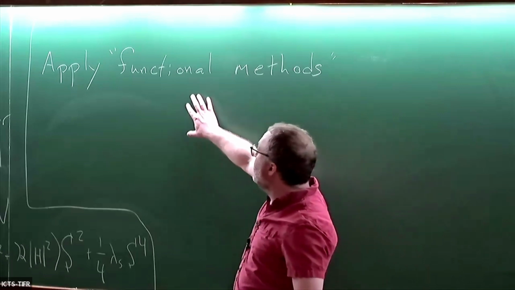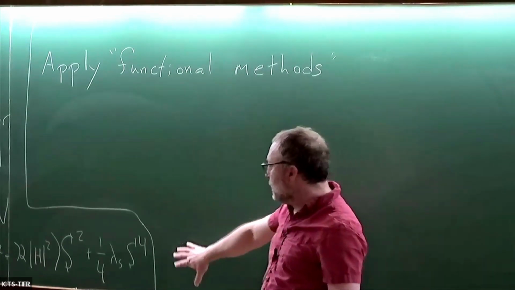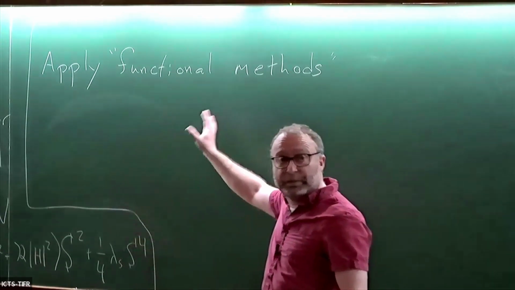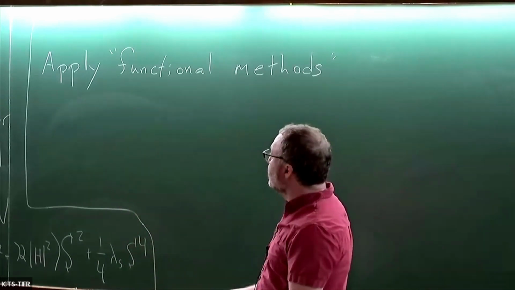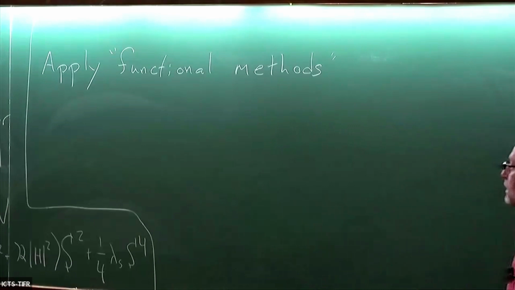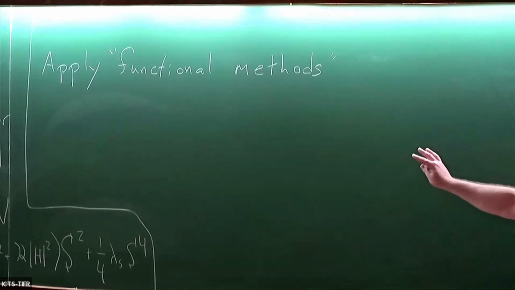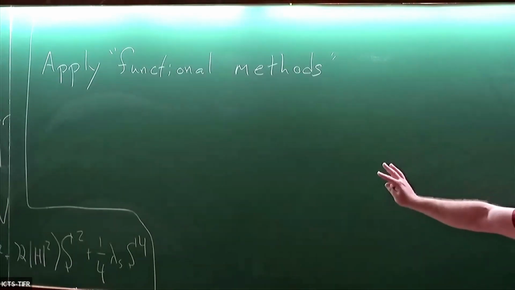But in the paper, here I'm going to focus on this tree level example, but in the paper we apply this also at one loop to show that all the same conclusions hold, okay? And you can see this actually lets us do calculations that you wouldn't be able to do by just matching diagrams.